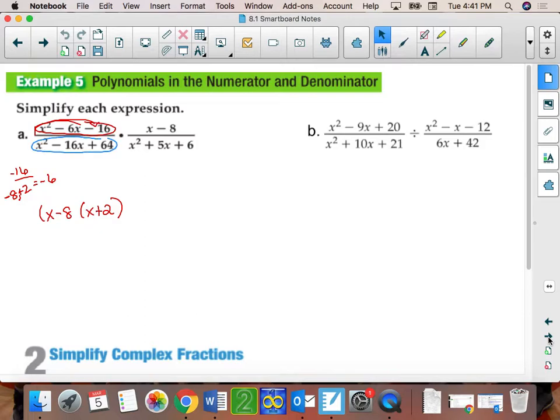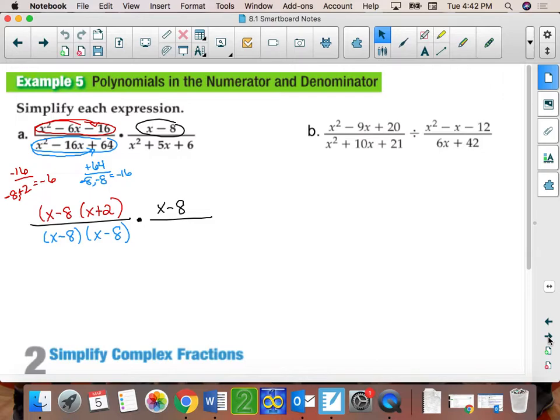So on this denominator, I'm looking for factors of 64 that add to negative 16, and that's going to be a negative 8 and a negative 8. So my denominator in factored form would be x minus 8 times x minus 8. And then I have times this binomial. There's nothing in common or GCF that I can pull out, so I'm just going to leave it as is,